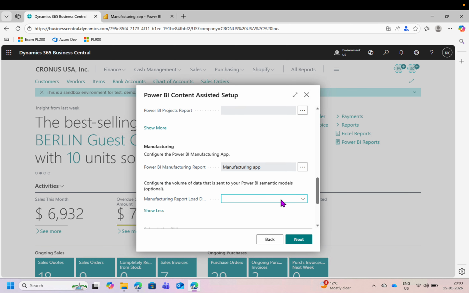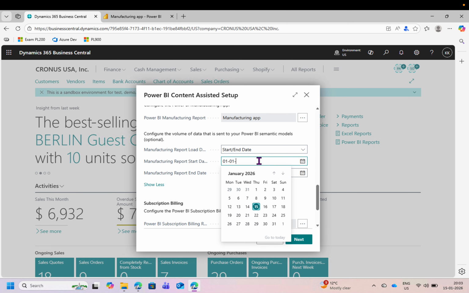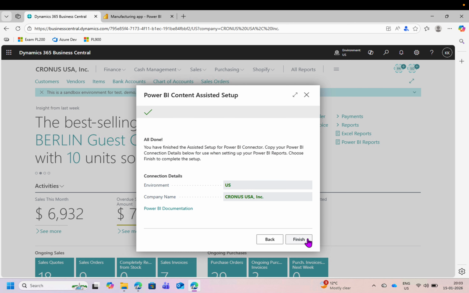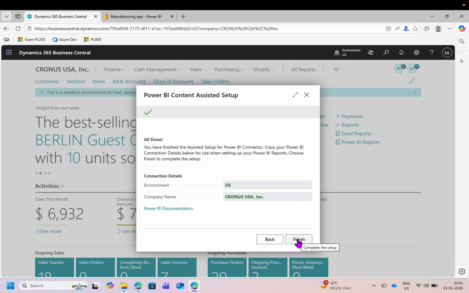and start and end date, and I can add 01/01/24 to 31/12/2025. Okay, click on next, and now it is asking me to directly connect it to my current environment, which is the US environment, and the company name is this, right? Which I was showing you earlier, that I have to connect to my Business Central environment. Click on finish,